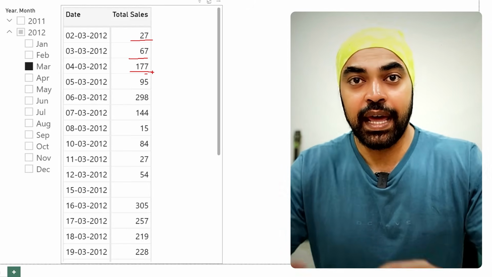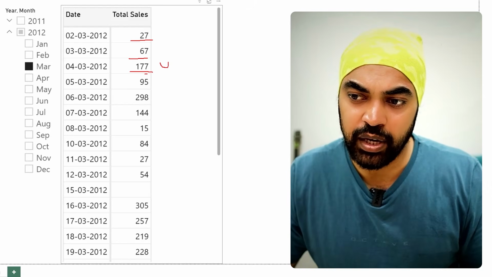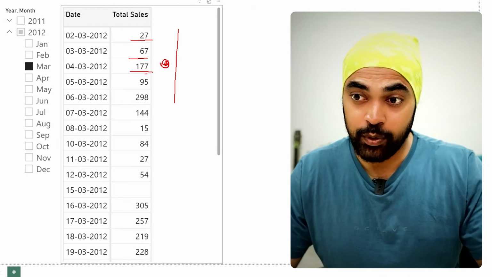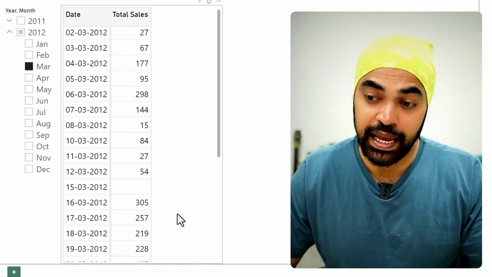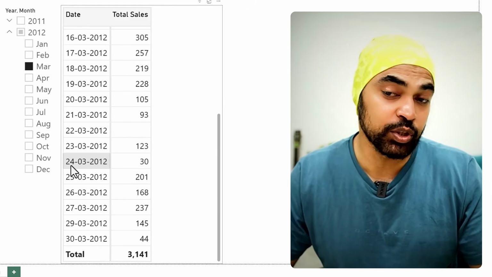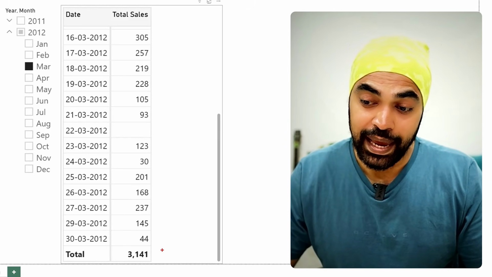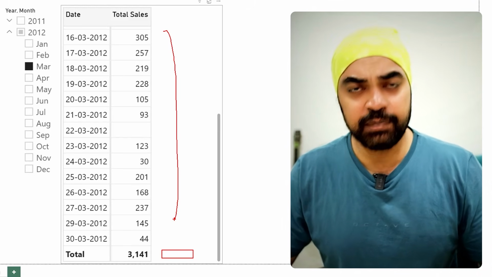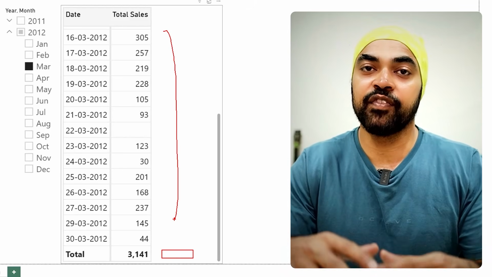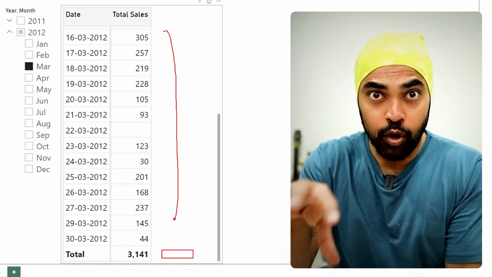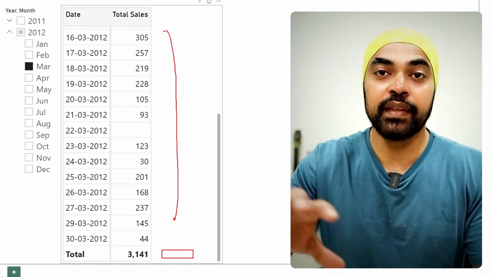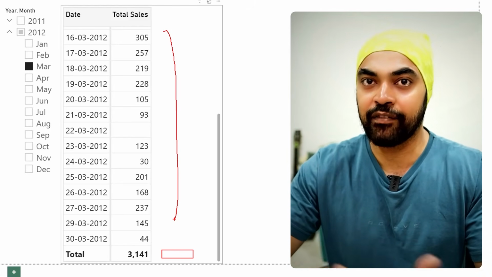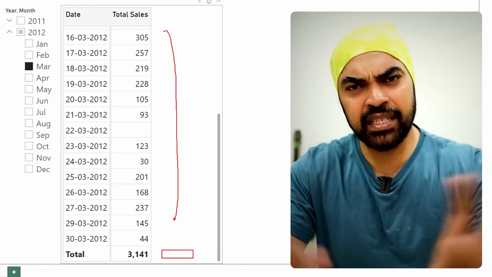Does this exceed $150? The answer is yes. And in case the answer is yes, I want to do a green dot here. I have a red dot, but I want to do a green dot. This is what I would want across all of these values right here. And at the end of this particular month, which is the month of March, I want to give a count of how many dots there are. This logic obviously needs to be defined in a DAX measure first. Whatever logic I define in a DAX measure, I want to then use that same logic for high value commission, high value units, or whatever I would want. This is the kind of logic that I'm trying to